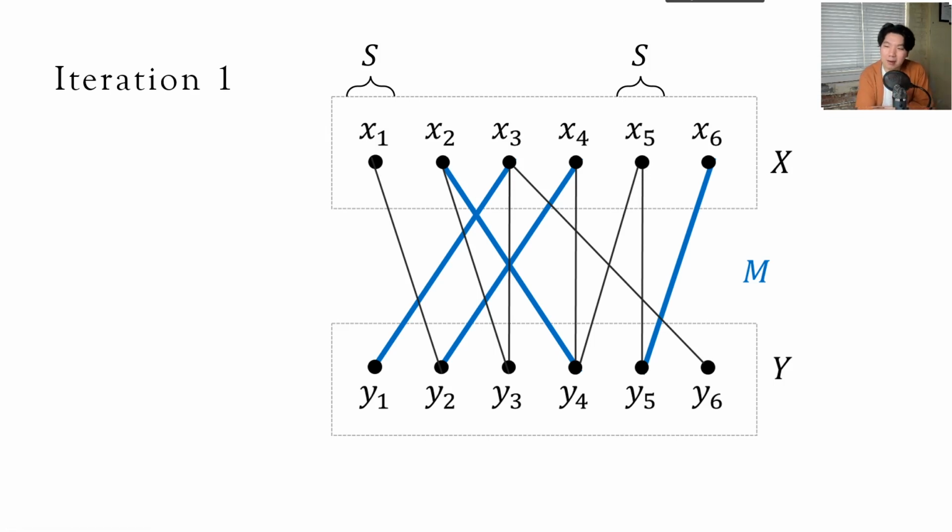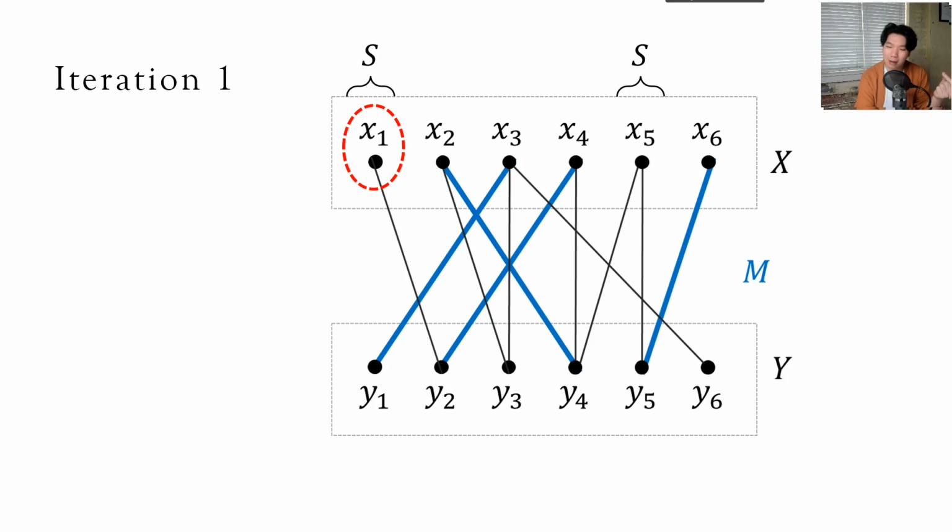The next part of my iteration says, all right, let's arbitrarily mark one of the vertices of S. Your choice may differ, so the way that you process this algorithm might look slightly different depending on which one you pick. For here, I'm just going to start off with x1 because, well, it's number 1. The algorithm states, after I mark this, here I'm going to mark it by circling it, I'm going to explore